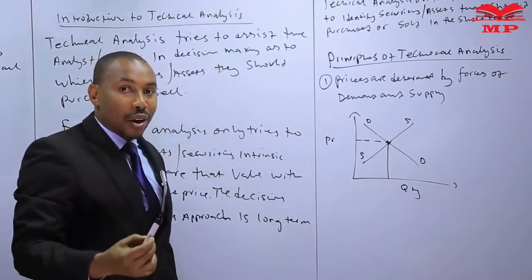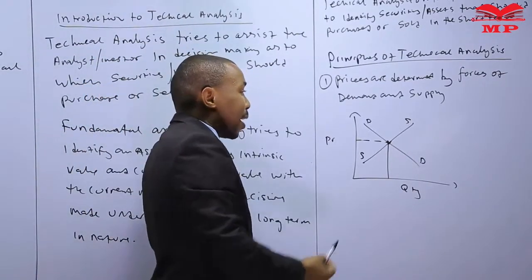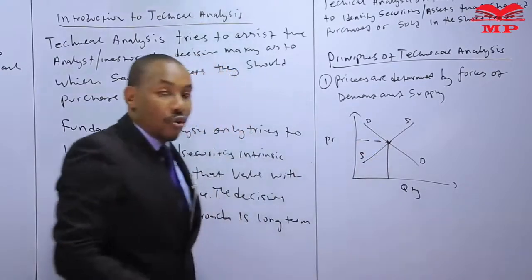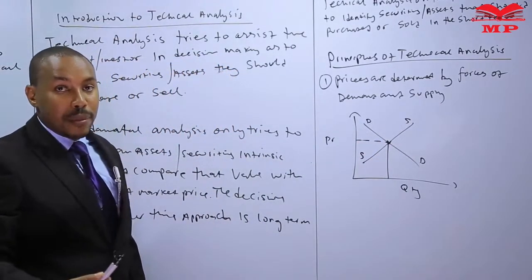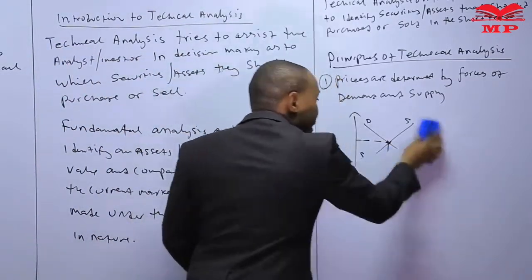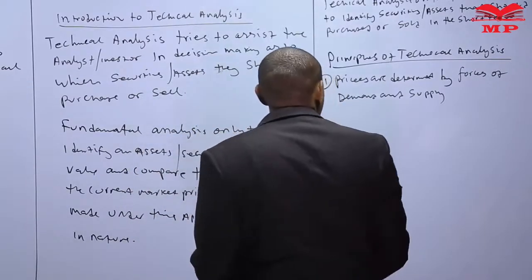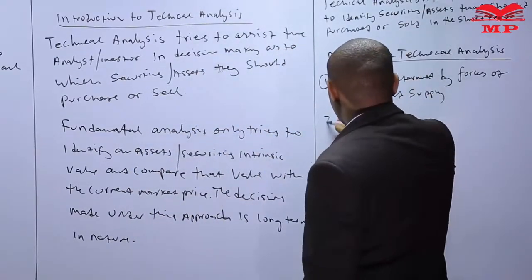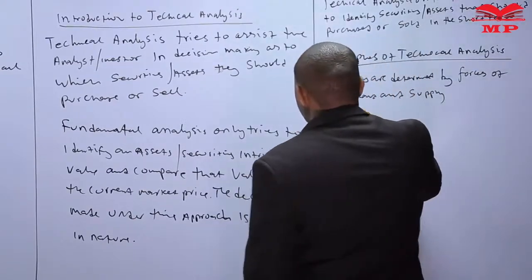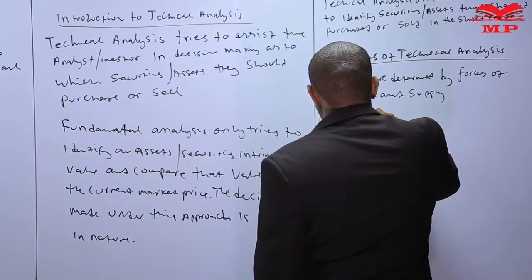So we're saying that technical analysis is primarily driven by the forces of demand and supply: how many individuals are demanding the security or the asset versus how many individuals are supplying the asset to the market. So there must be something to do with an equilibrium price, the price that is acceptable to both the buyers and the sellers. Number two, the second principle states as follows, that the demand and supply